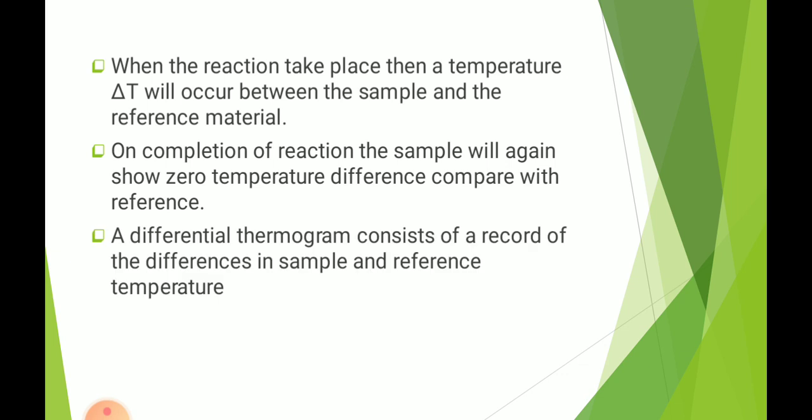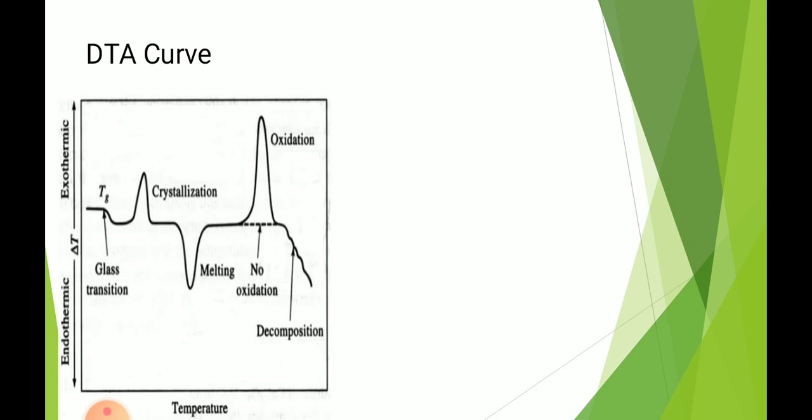A differential thermogram consists of a record of the differences in sample and reference temperature, differential temperature delta T, plotted as a function of time T or sample temperature Ts or reference temperature Tr or furnace temperature Tf. The DTA curve, a typical DTA curve appears as shown in the figure, in which there is an exothermic and